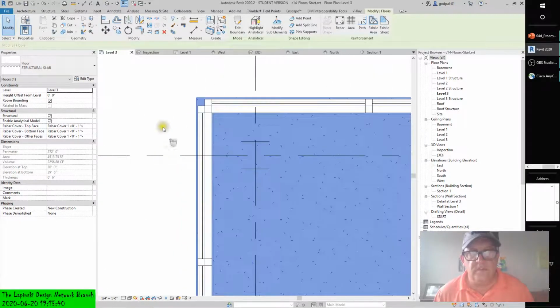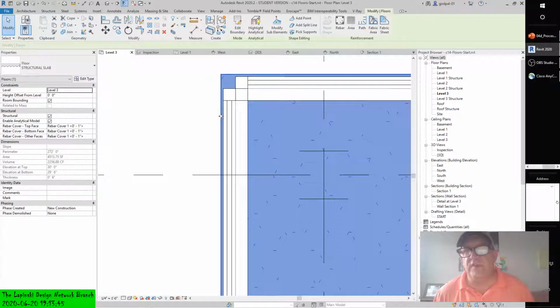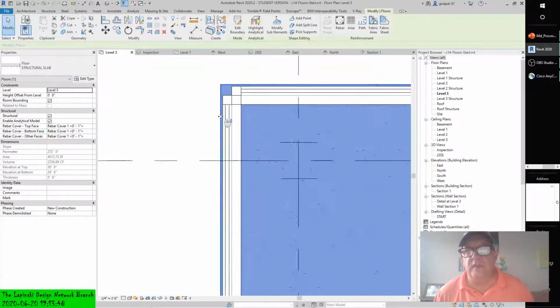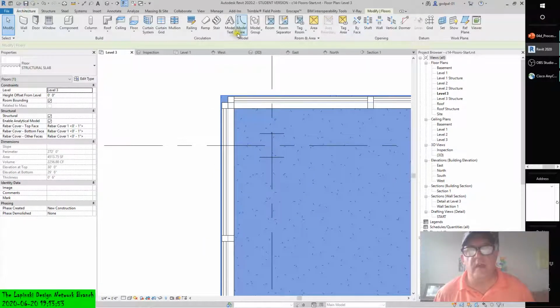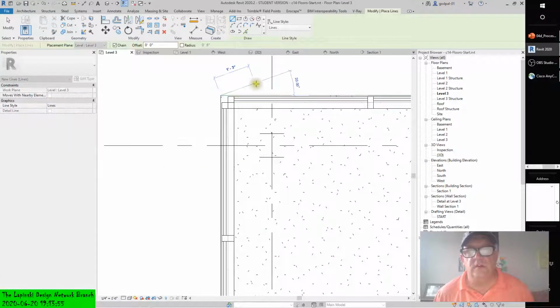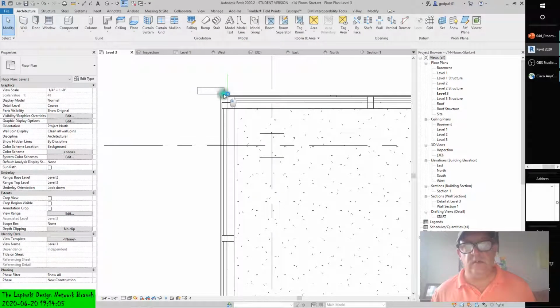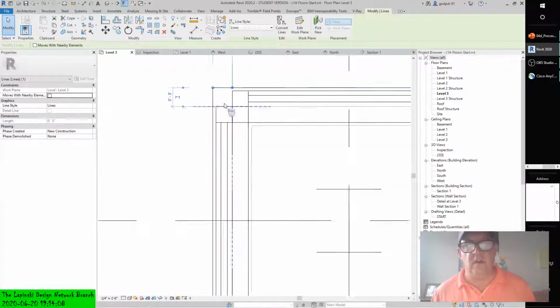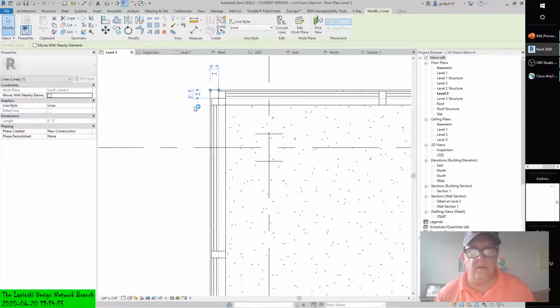Now, if we zoom down, you can see 3 inches. We talked about 3 inches, didn't we? We said 3 inches. Well, architecture, just check our math. So draw a model line in this direction, 3 inches. And I'm one of those guys that I like to double check things. So there's 3 inches. And if you remember, when we were placing this slab, we said offset it 3 inches